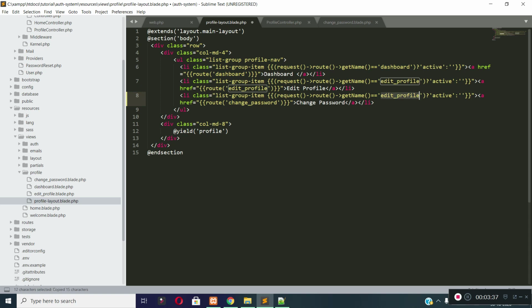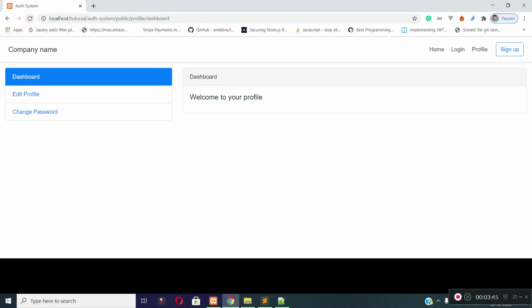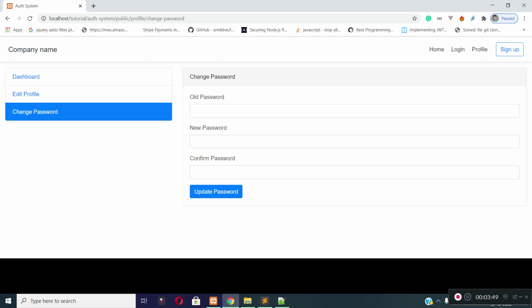If the current route name is change_password, there will be an active class to this li. Now let's refresh the page and click on change password link. You can see we are redirecting to change password page and our change password link is active and the change password form is rendering.